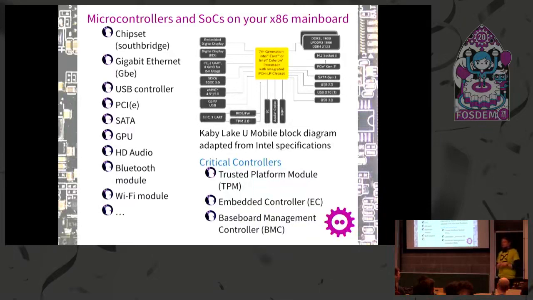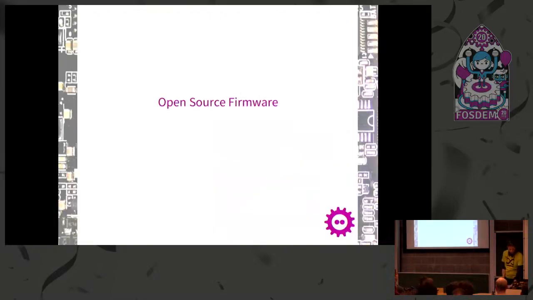On servers, you have a very similar thing, which is called the BMC, which you can use for things like power cycling or provisioning from outside. But usually that's on a different network interface. And then there is the management engine, which is also kind of similar to that. And that's what we're focusing on today. But first, I would like to give a very, very brief perspective on the open source firmware side of things.